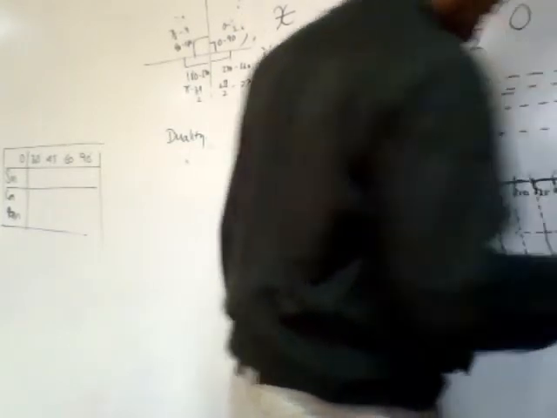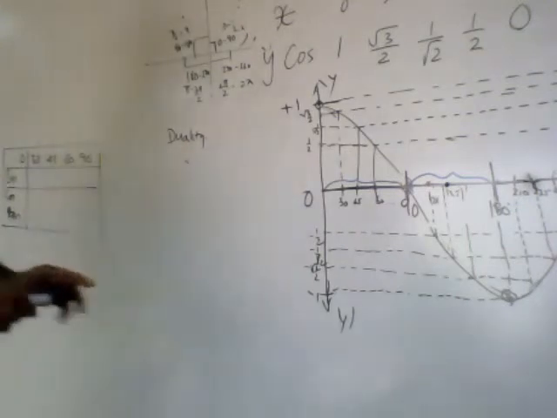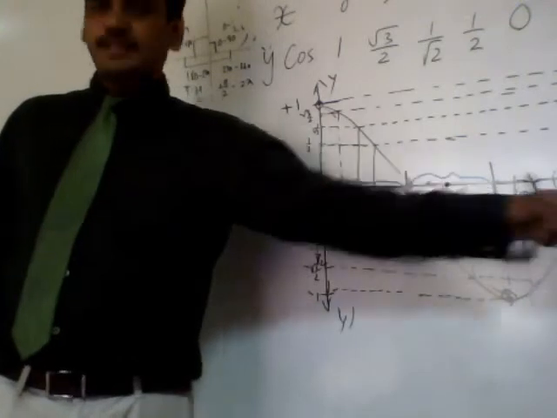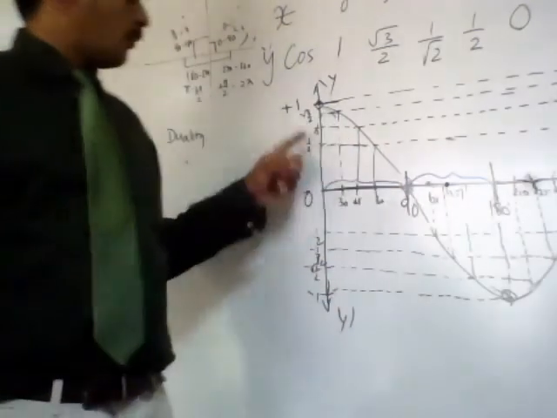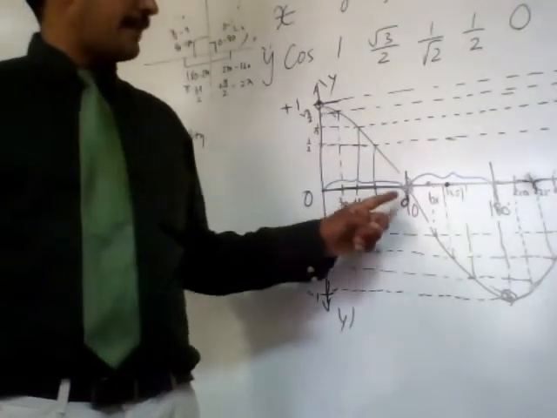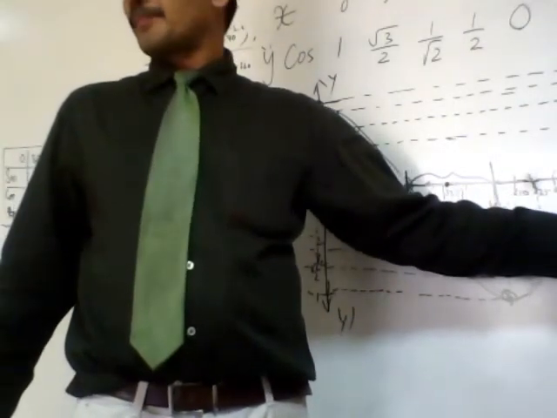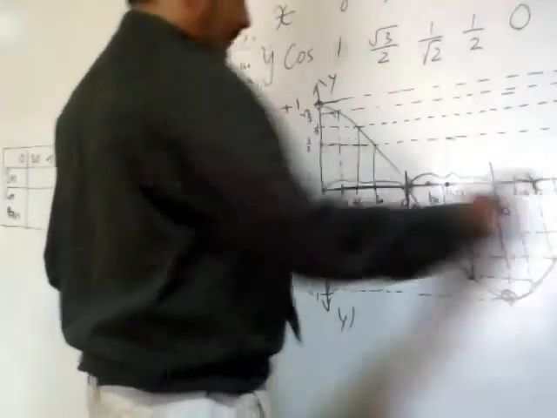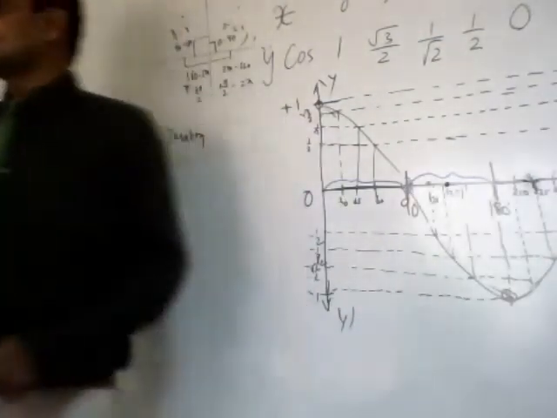330. Again, if you see, duality is there. First and fourth are dualistic in nature. Second and third are dualistic in nature. Why? Because 1 by 2 can be either 60 or 300. 1 by root 2 can be either 45 degrees or 315 degrees. Root 3 by 2 would be either 30 or 330. I'm mapping between 60 and 300, 45 and 315, 30 and 330 for the same y value.